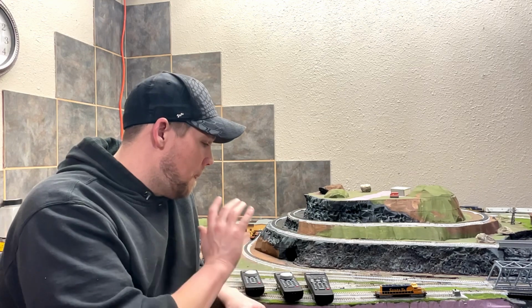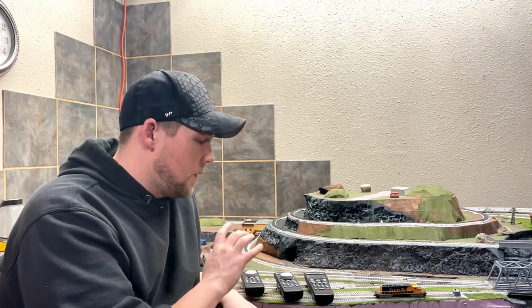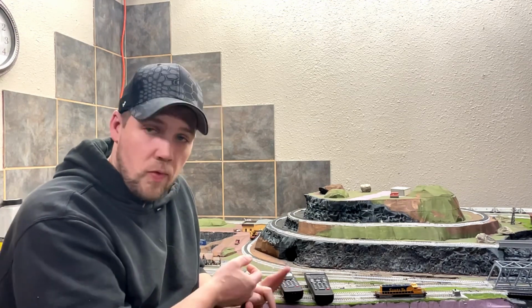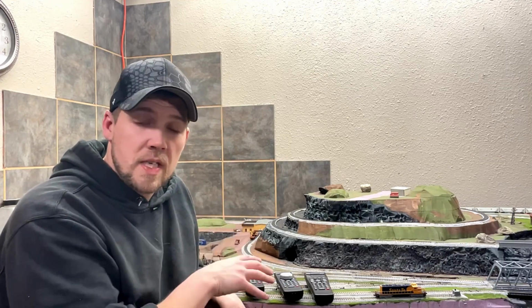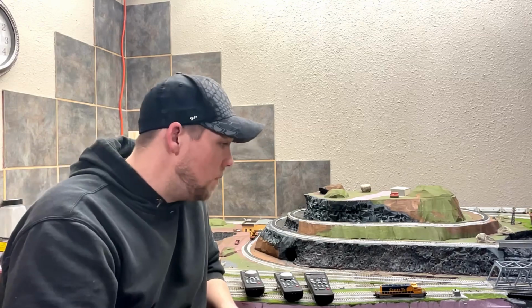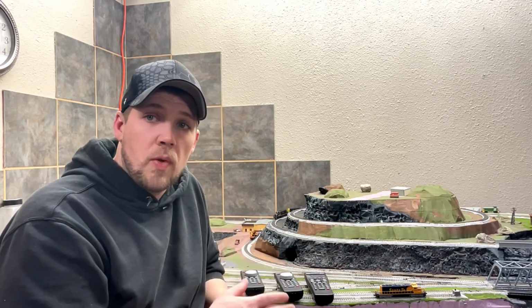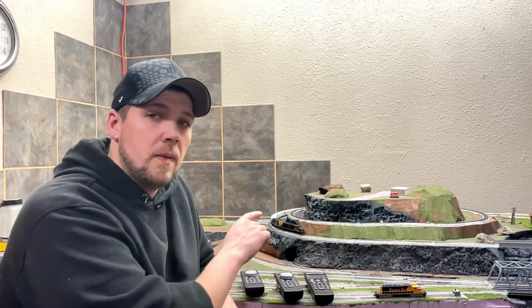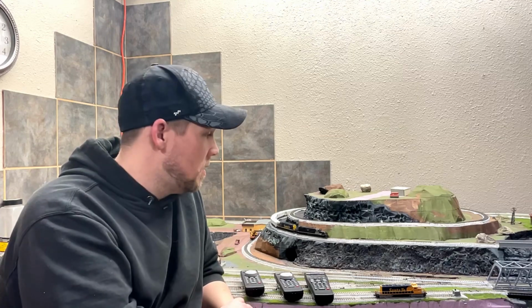Alrighty, so let's talk about the new TCS system that I got installed on my layout. Before we get into the cab control and the ECOS reviews, I figured I want to do a bit of a preview on the TCS system that I've got installed. I am pretty happy so far with the purchase that I've made. I'm excited to move on and worry less about engines possibly burning up on my layout, but I'm running these